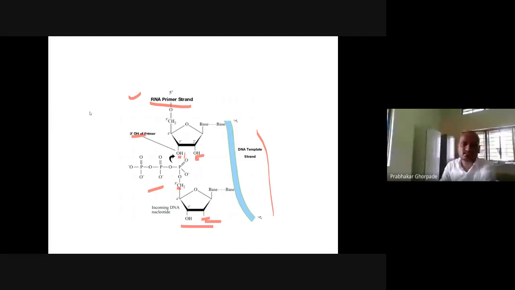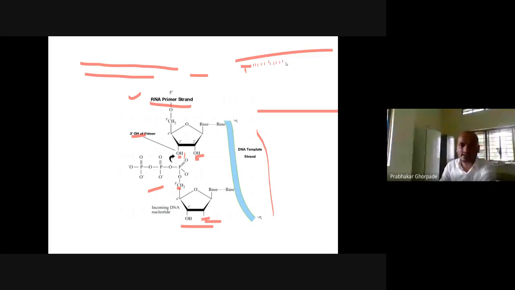So basically, this one is a double-stranded DNA. It is getting separated into the two strands, and now we want to synthesize a strand in this direction. So this RNA primer is first needed, and then the deoxyribonucleotide will go and add to this existing strand. Now we have our double-stranded DNA ready.